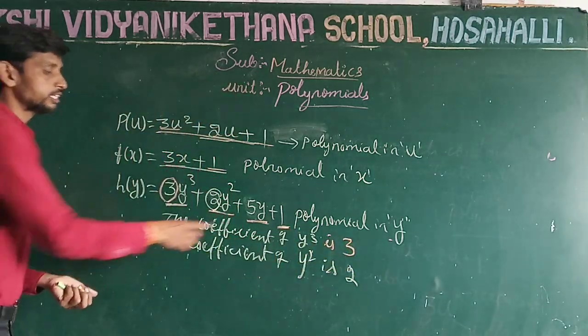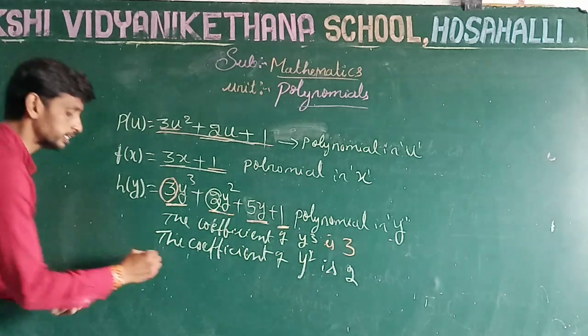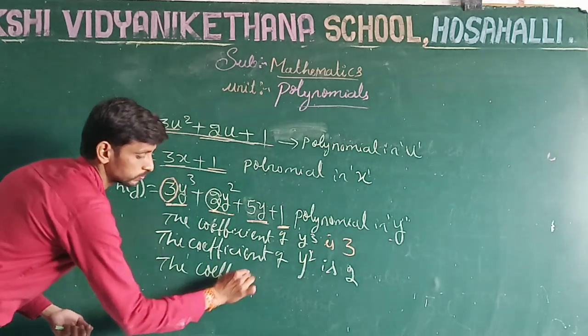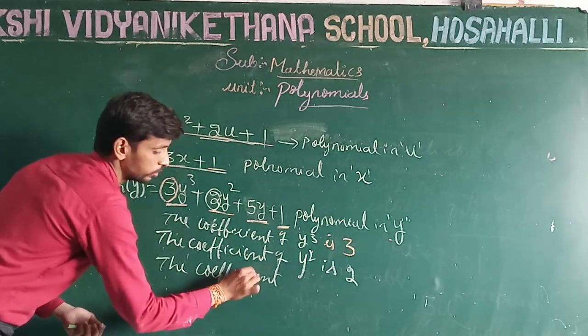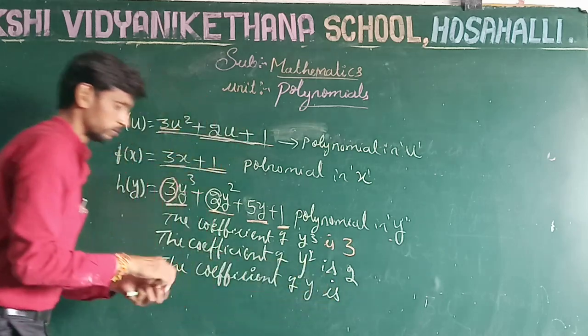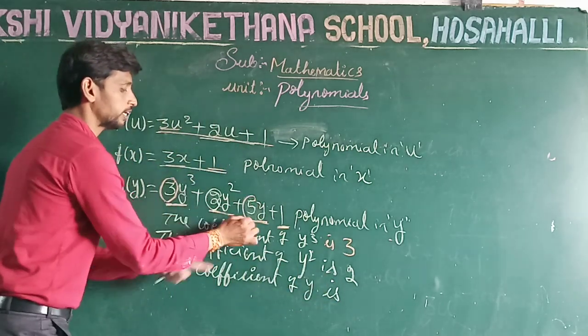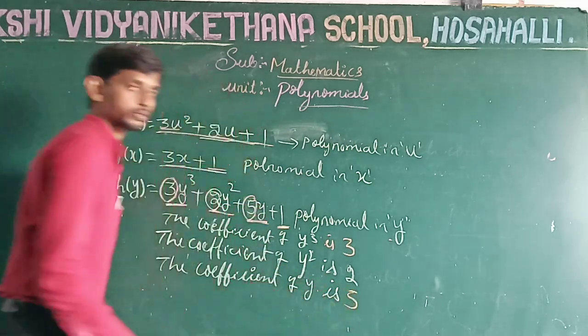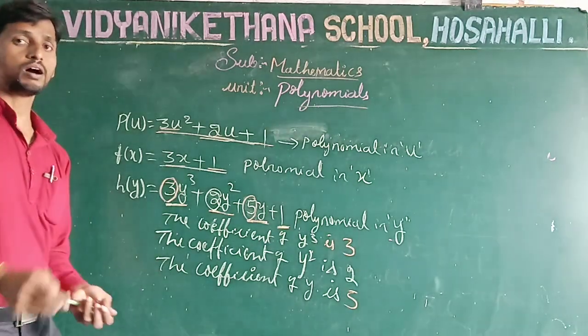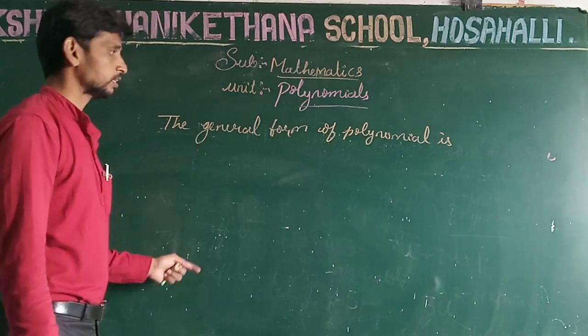Okay. The coefficient of y. The coefficient of y is what? The coefficient of y is 5. Means the general form of polynomial is